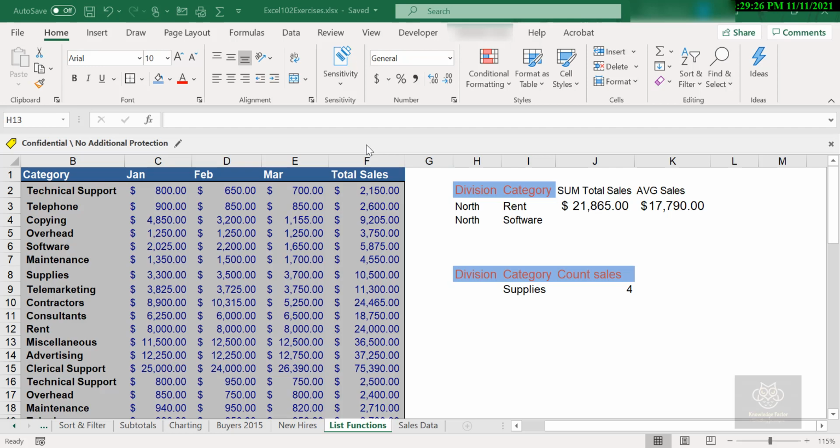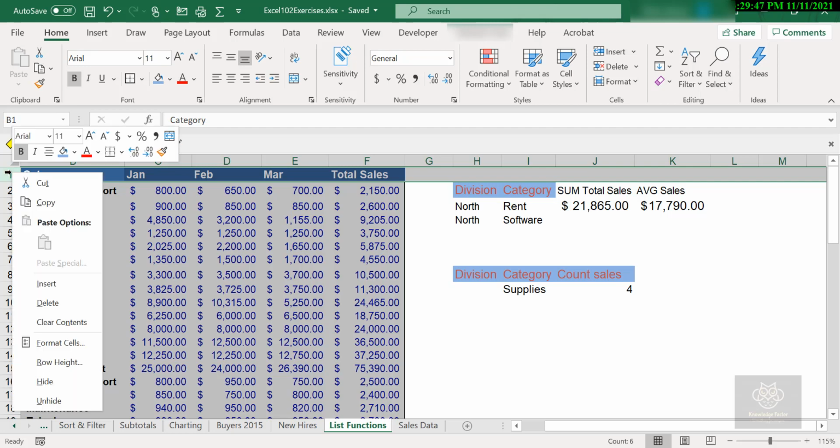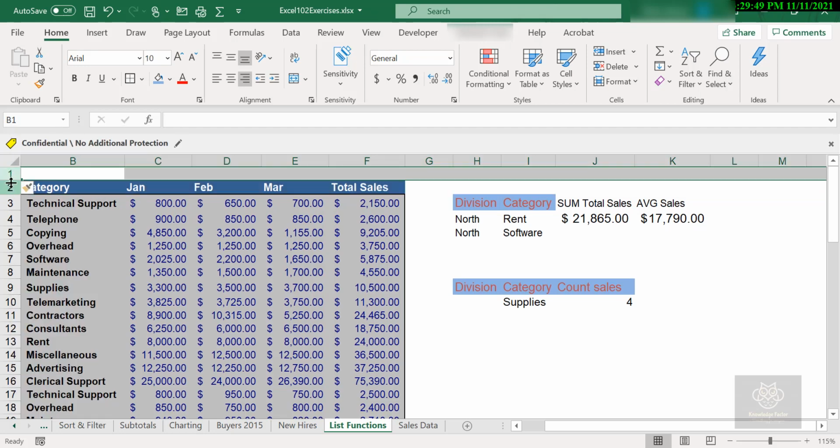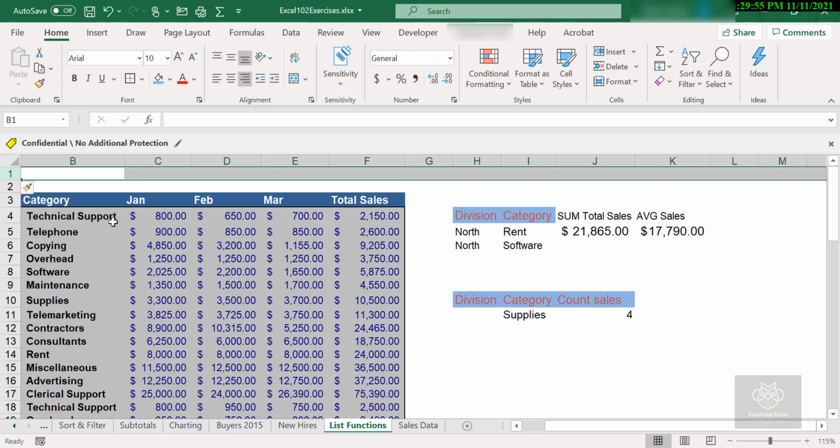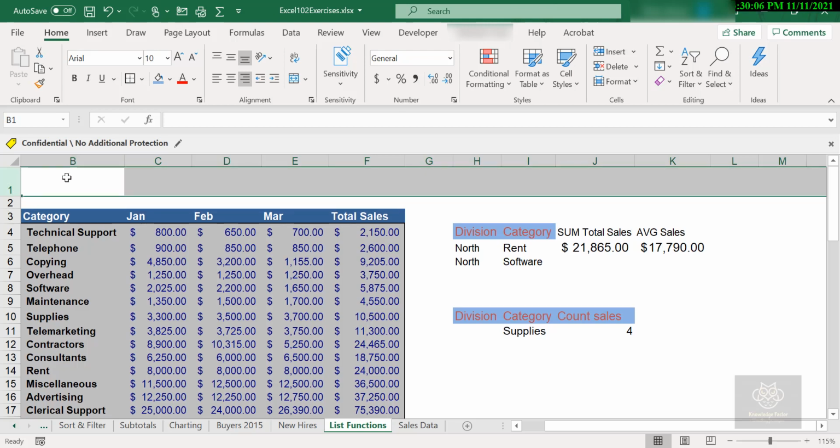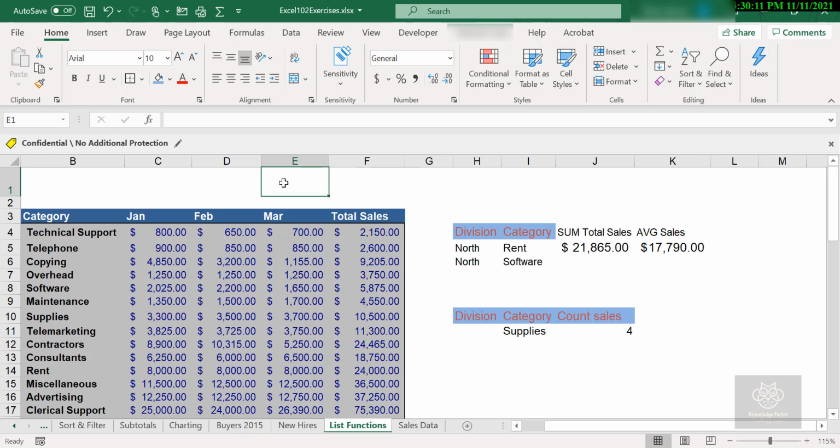Now to really nail this one down and explain exactly what's happening here, I'm going to tweak the design of the worksheet. So I'm going to select row 1. I'm going to click on the row header, right click, and insert 2 rows. I'll right click the second time and insert it, and just to make it a little bit bigger I will increase the height of row 1, and I'm going to hop over to cell E1, and to start with, I'm going to drop in just a regular sum function.